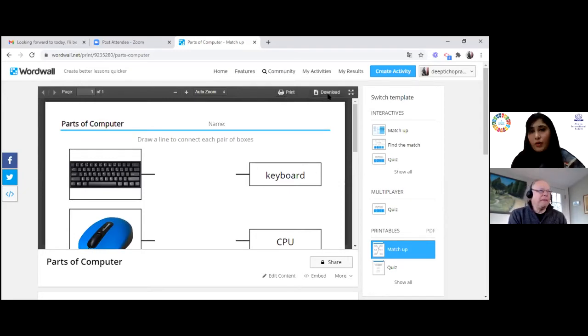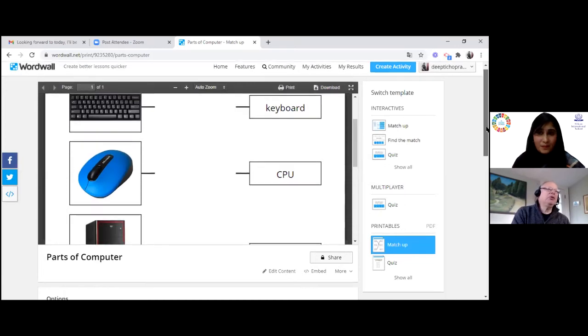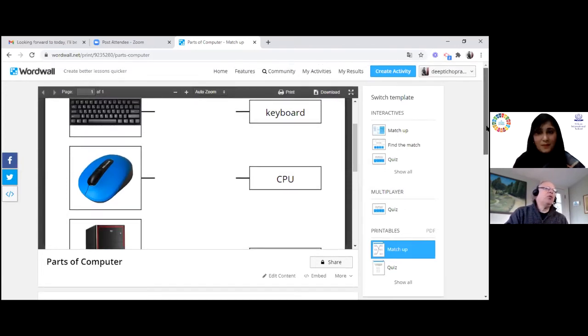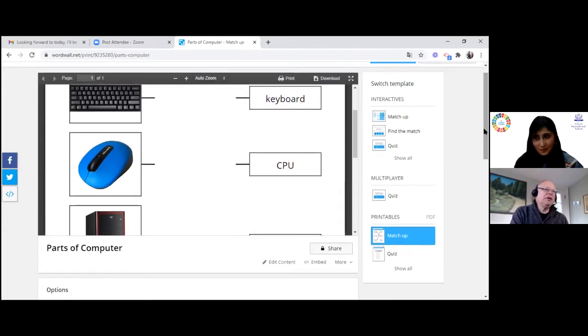Great. One of the things that's really cool is that if you have longer quizzes, let's say vocabulary, I mean, kids know, or we all know that practice is what drills it into your mind, and you get tired of practicing it the exact same way. So to be able to do it once as a matchup, and then once as a find the match, and once as a quiz, just makes it more variety for the students, and they're more likely to spend time practicing. Yes.